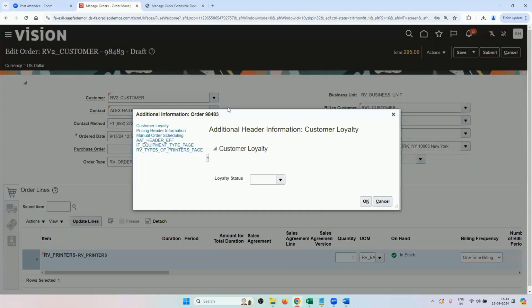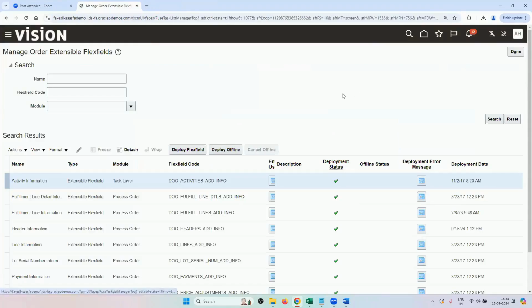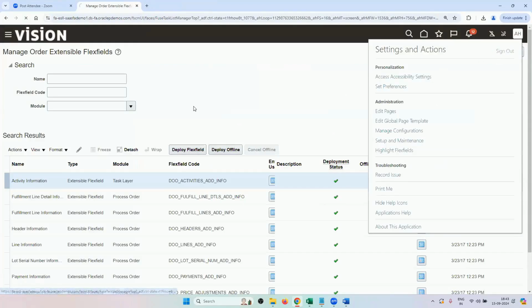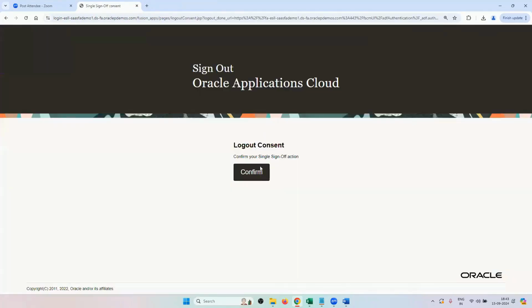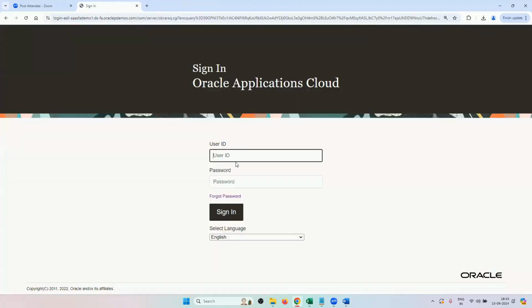Here it is. You can see, right? RB types of printers page. So now we need to sign out and sign in for it to take effect. Sign out, then sign back in. Otherwise, it will show that